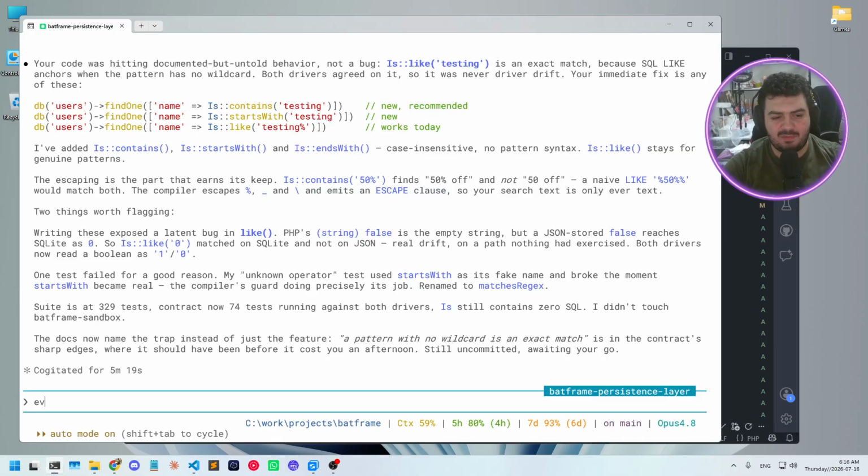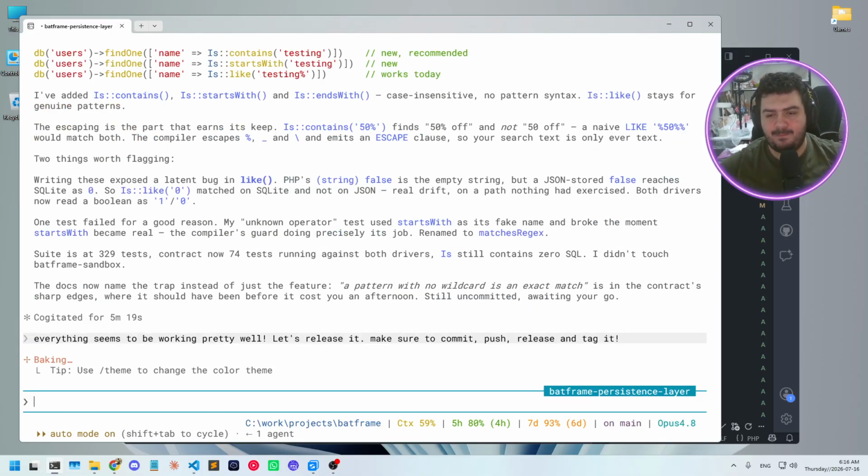So I'm going to tell it everything seems to be working pretty well. Let's release it. Make sure to commit, push, release, and tag it. And yeah, while it's doing that,